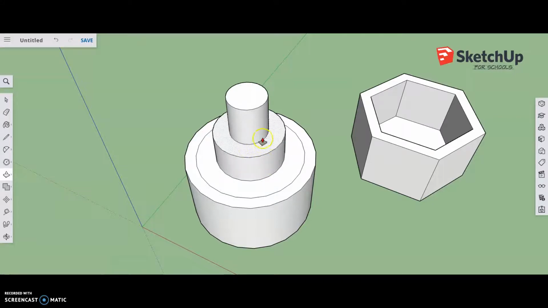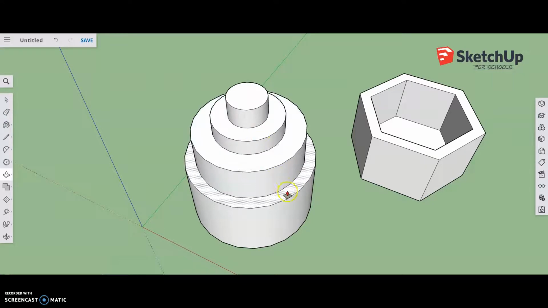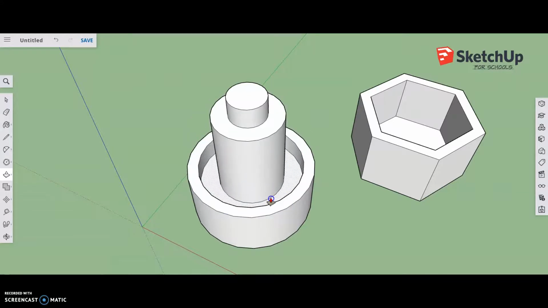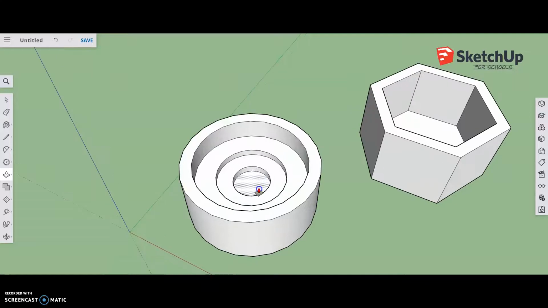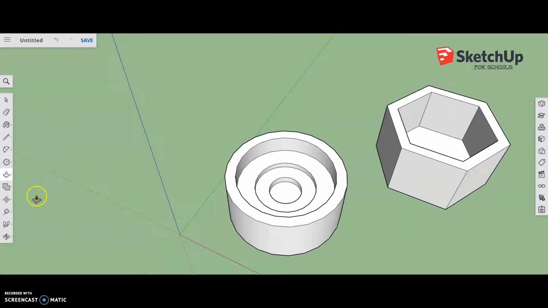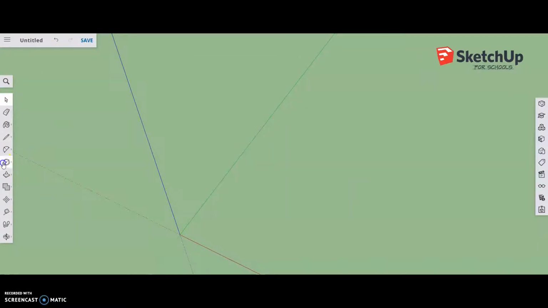And then this guy you can push-pull up, push-pull in, kind of just makes a different shape, okay? Or you can make it concave, which looks kind of cool. Okay? Different ways you can do those tools. I'm going to delete these and we're going to talk about something else that you can do. So again, I'm going to go with my cylinder,